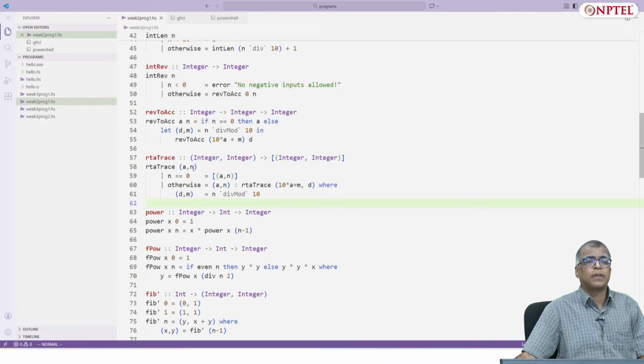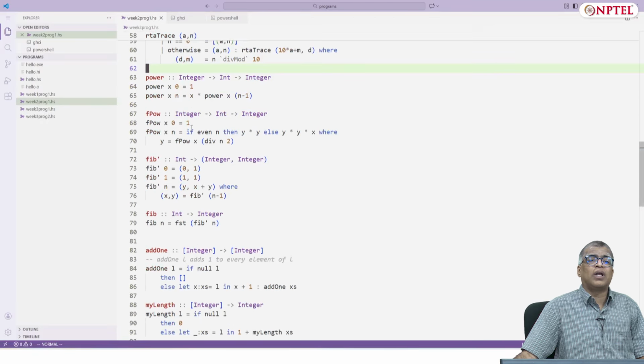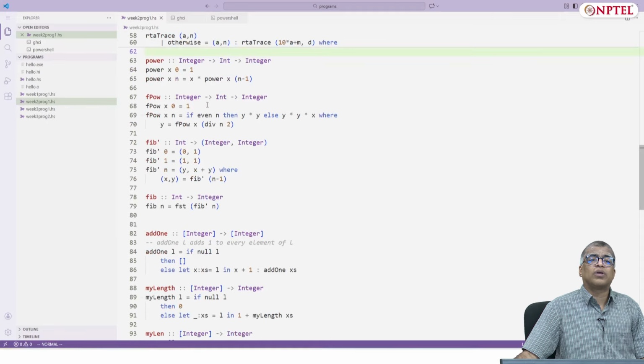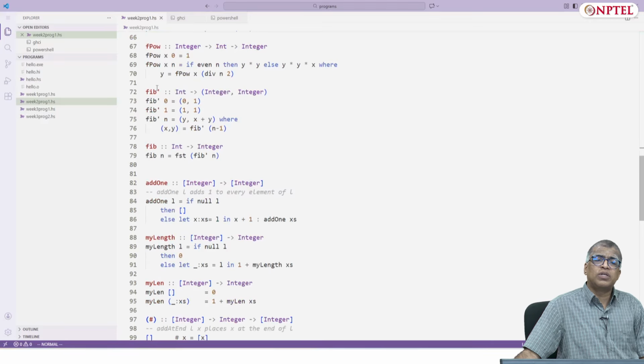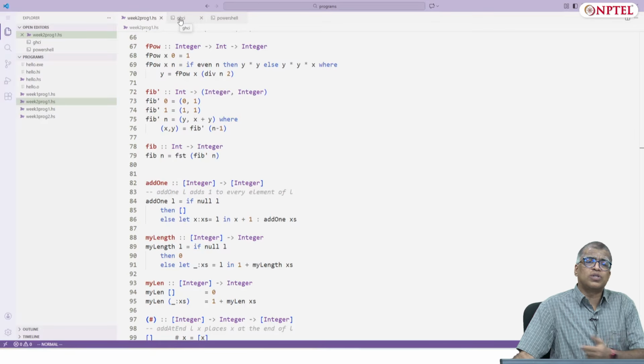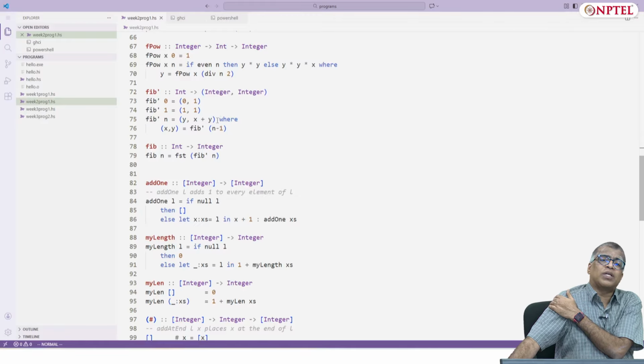You can do these traces. Here is a function I have written for power, and then I have written it for faster power. This is more or less the same thing that we wrote earlier. Here is the Fibonacci numbers. Fibonacci numbers is a little tricky because there are two recursive calls. Fib_n calls fib_n-1 and fib_n-2. So rather I use a small trick, which is that I always produce two numbers. So fib prime 0 will produce fib of 0 and fib of 1. Fib prime of 1 will produce fib of 1 and fib of 2. Similarly, fib prime of n will produce fib of n and fib of n plus 1.